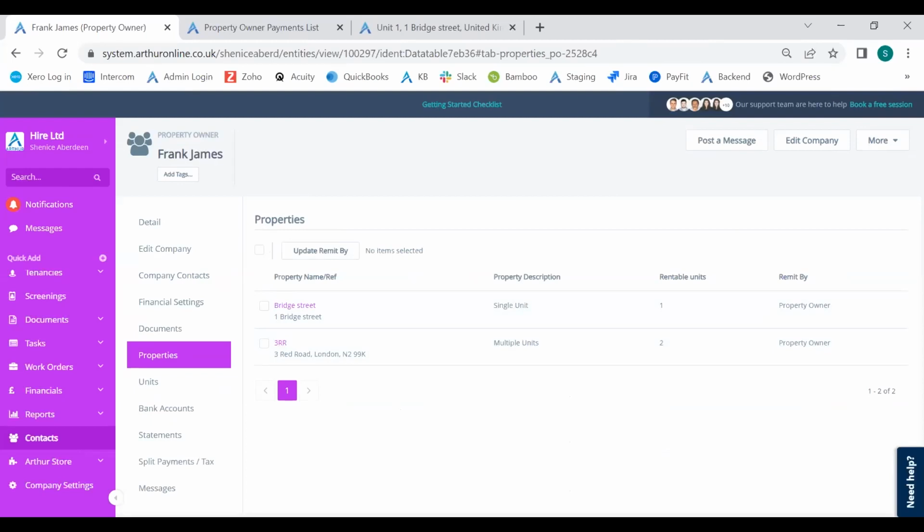So if 10 rents come in, I want to pay my landlord for all of those 10 rents in one go, okay? Remitting by property means that you have a landlord who owns 10 properties, and he prefers to have his payments on a property by property basis. So when you remit by property, the remittance will only show based on one particular property at a time,